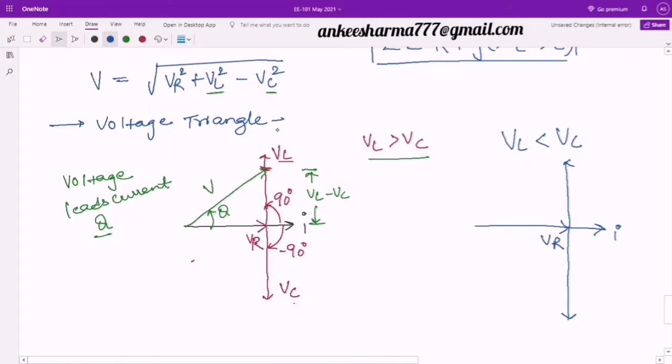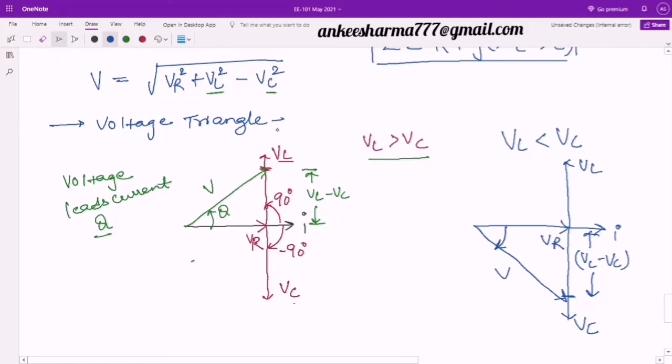then definitely now VL is less than VC, or simply VC is greater than VL, then can I say now my resultant or the final value will be in the negative side, and this is VL minus VC. So definitely in this case my resultant will be like this, it will touch here. So you just manage it. So this has come to you.